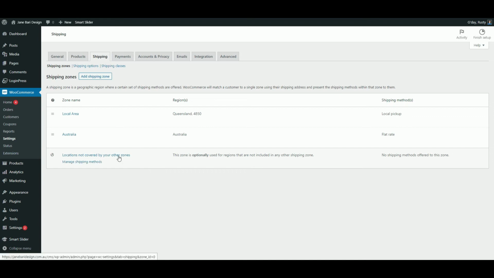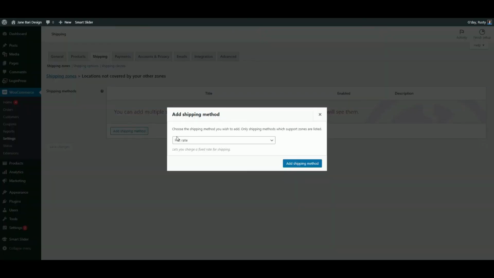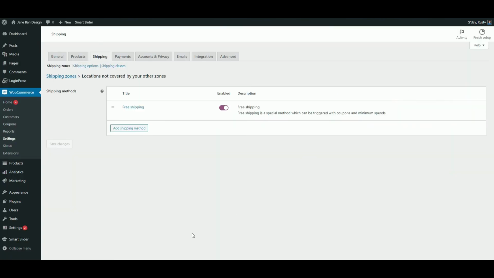So this is the one on the bottom, locations not covered by your other zones. You don't need to put in a name here, but you do need to put in a shipping method if you're going to use it. Adding a shipping method. We've got flat rate, local pickup already used. Let's be ambitious and send out free shipping. Could be quite expensive on this store. And there it is added there. And going back to shipping zones,